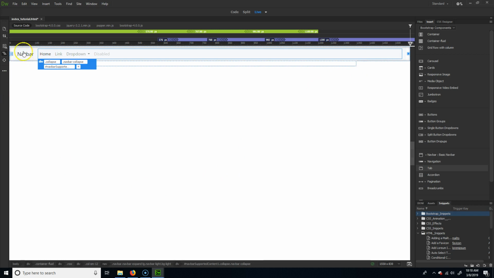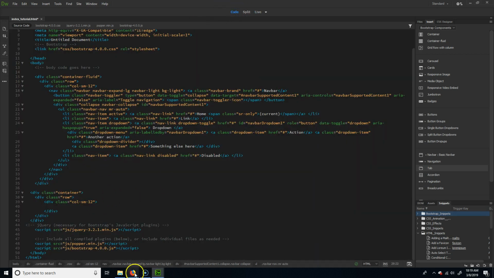Next, there's this button over here. It says Navbar. Now you might want that. I think it's kind of weird that they made a home button here. If you want to keep it, I would use that as like your home button, call it home, or you could have the logo of your site or something like that. If you want to keep it, you can keep it and use it, but make sure it makes sense as to whatever it is, right? So for instance, just to show you what I would do is I would